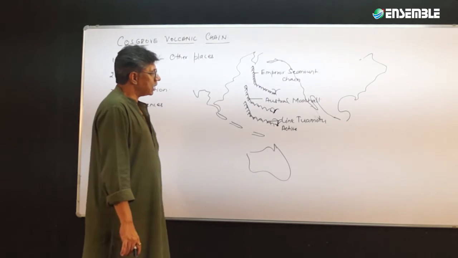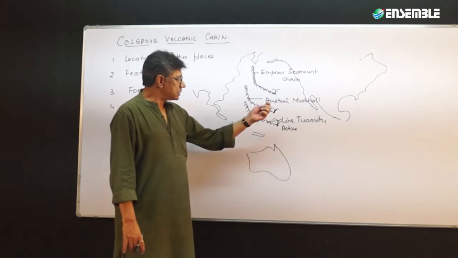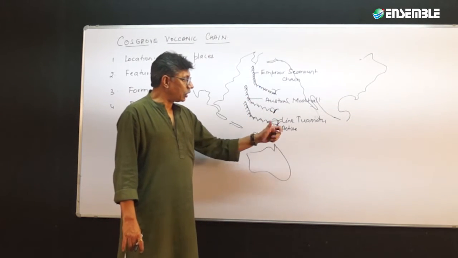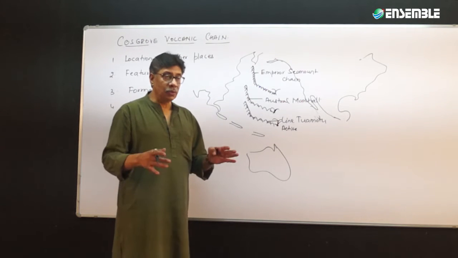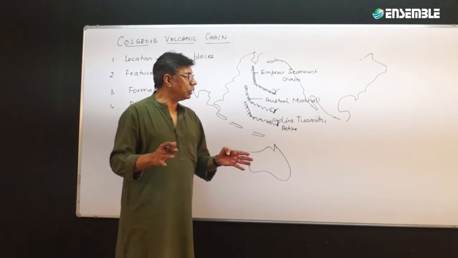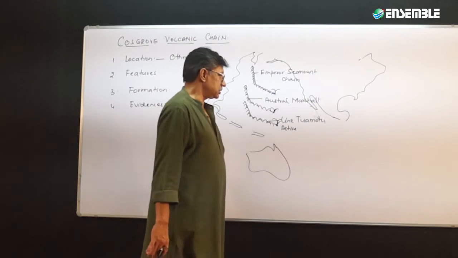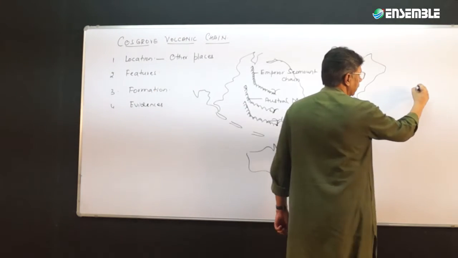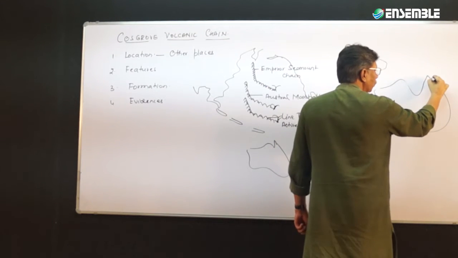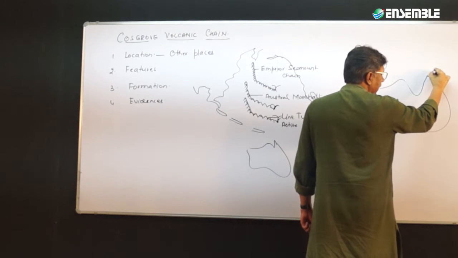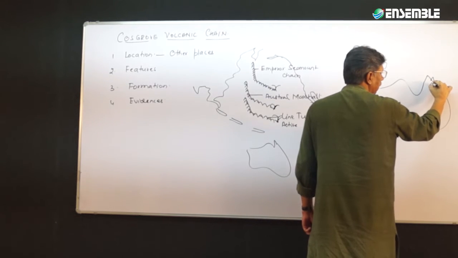Now, understand it. All of these have been in the oceans here. This is an example of a volcanic line. All of these have been oceans here. The Cosgrove volcanic chain is the only example in the whole world of a volcanic chain that has developed on the continents. So, if we pick up Australia, we're going to observe that sometime back in Australia, there was one volcanic cone that developed on the land, another,